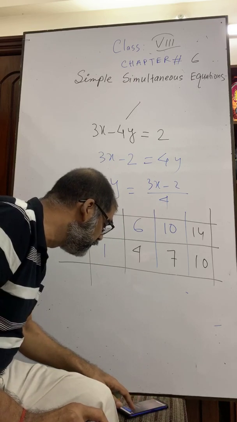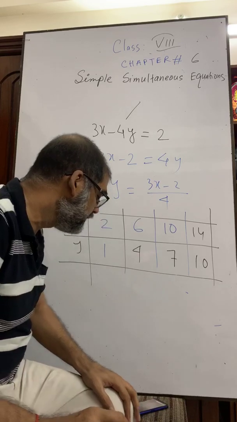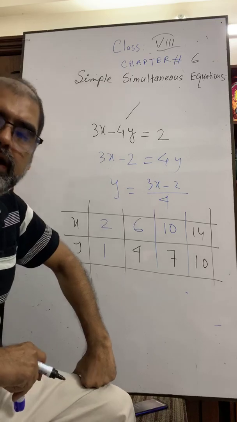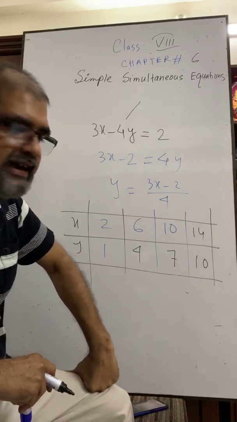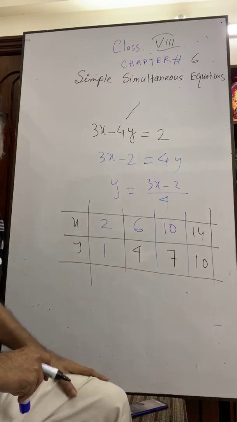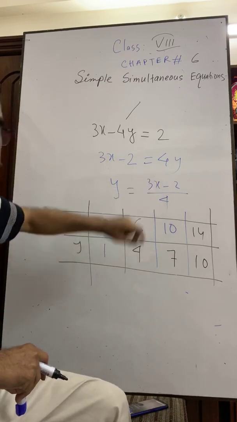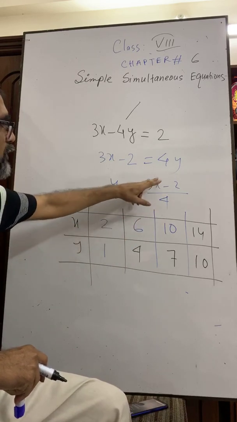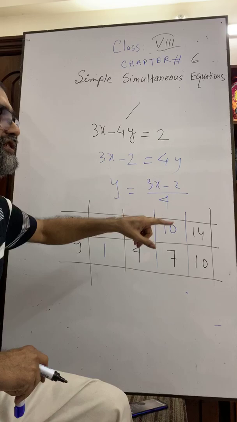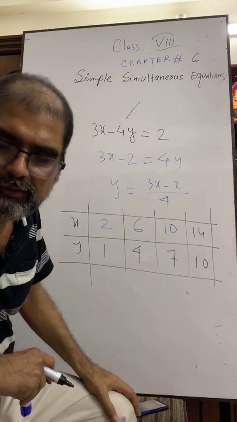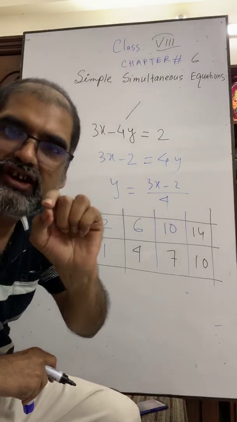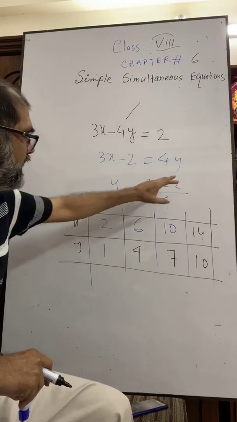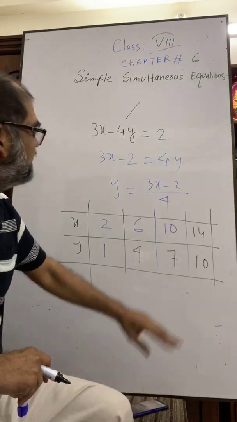Some of you have asked how to get the first one. For getting the first one, you should try from the very beginning, that is 0, 1, 2, 3, 4, like that. I have taken 0 at first. 3 times 0, that is minus 2 by 4, a fraction. Then 1, 3 times 1, that is 3 minus 2, it is also a fraction. Then I tried x equals 2. 3 times 2 is 6, 6 minus 2 equals 4. Okay. Then we have got an integer.